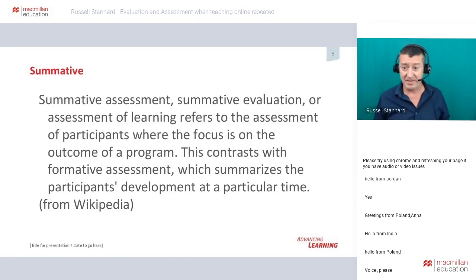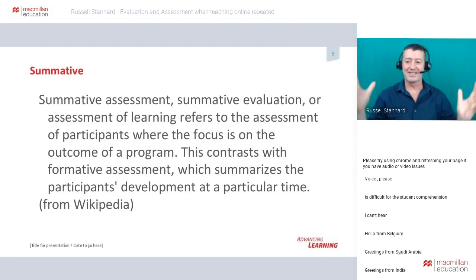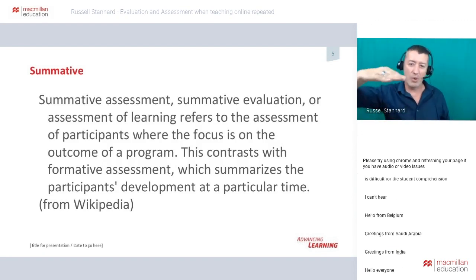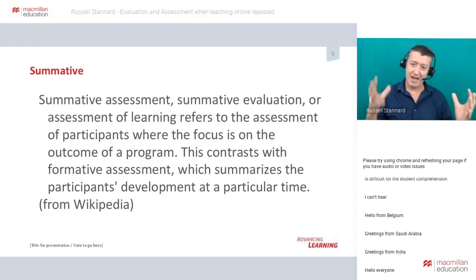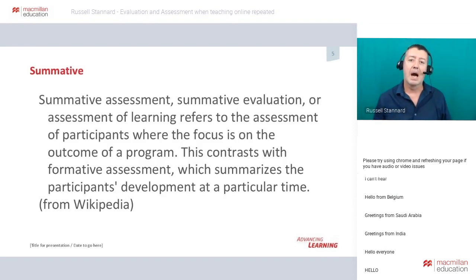We also have summative assessment. That's the assessment that the students worry about, the exams, the testing that we do at the end of a course to see, did they understand the knowledge? What level have they got to? That's more about a measurement. That's often more formal. That's often to do with the policies of the school, etc. So we have these two ways of thinking about assessment, and we're going to focus first of all on formative